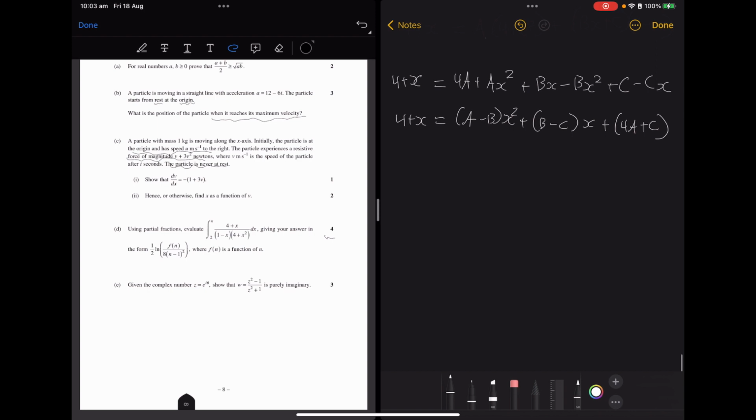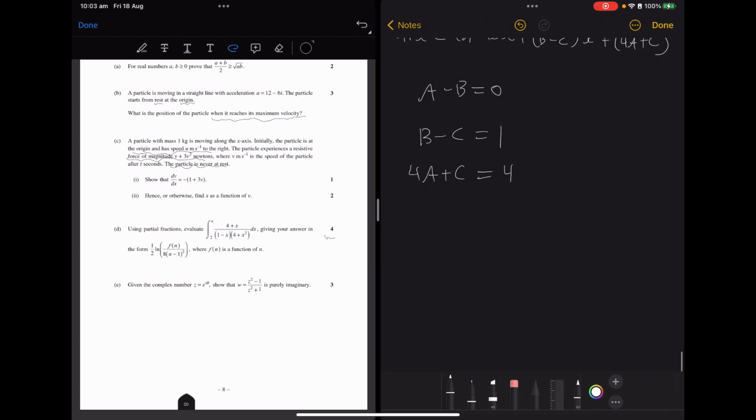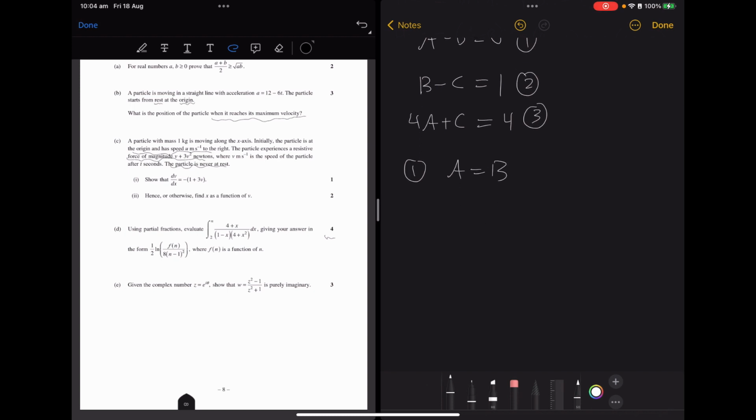So we line up both sides. There's no x squared term on the left hand side, so a minus b equals 0. For b minus c, the x is by itself, so it's equal to 1. And finally we have 4a plus c equals 4 as the constant. So now we sub in as we want. Let's call these equations 1, 2, 3. From 1, we can say a equals b, since a minus b equals 0. And subbing it into 2,